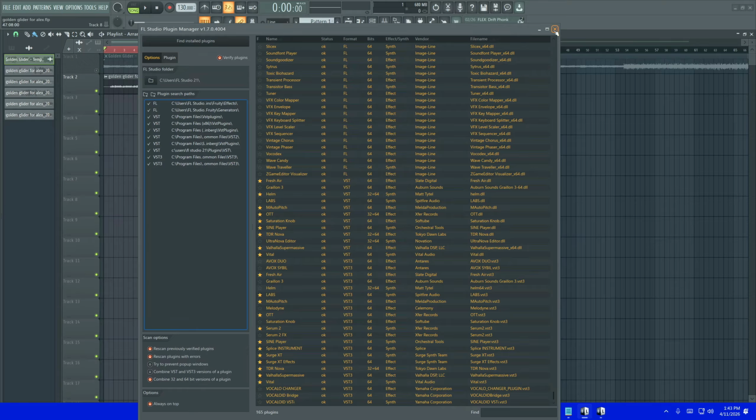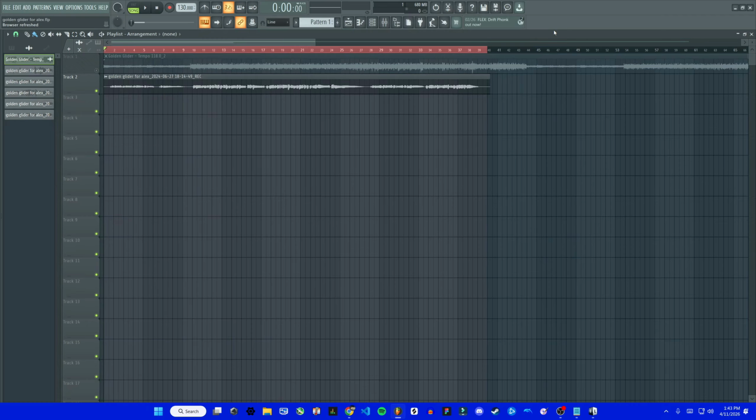I am going to close out of the plugin manager now, since it was able to find the plugin. Now, if your FL Studio was not able to find it, make sure you have that search path entered in there correctly. Make sure that you went through all the installation steps, and you should be good to go. Now, if we want to use that plugin,